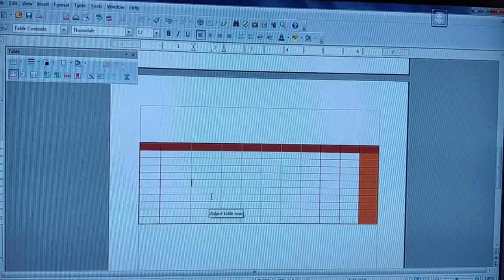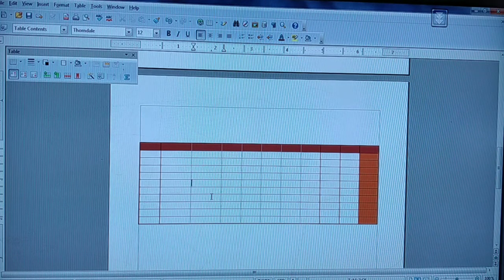Yes, next we are going to see how to merge cells. What do you mean by merge cells? So for example, in between, you people are willing to have a subtitle or subheading based upon your program or based upon your project. Yes, you can merge the cells. For merging the cells, what first you people have to do? First you must select the cells that you people are willing to merge.